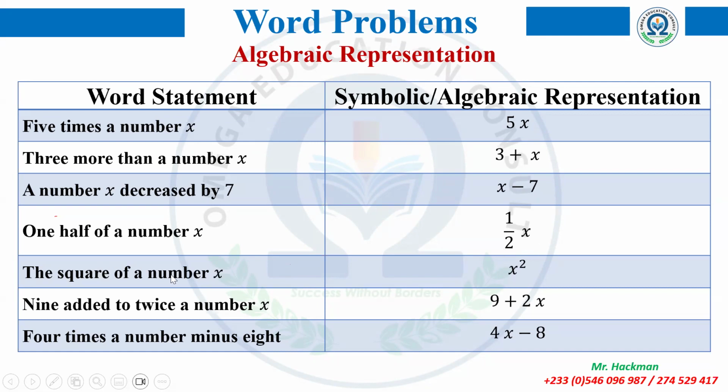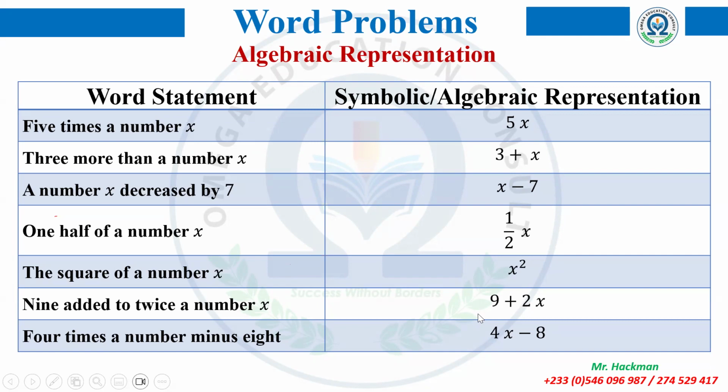Then the square of a number x. So here your number is x. The square of it will be x squared. Then 9 added to twice a number x. So twice my number x is 2x. 9 added to that will be 9